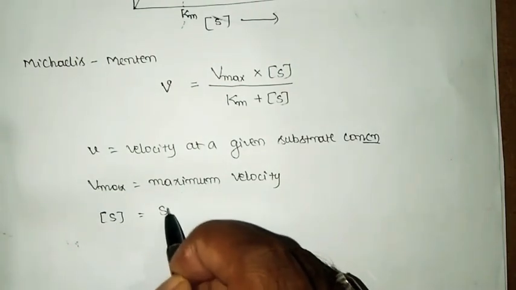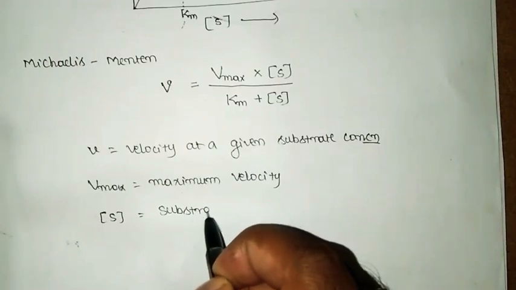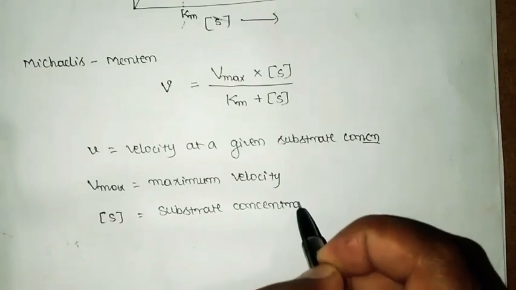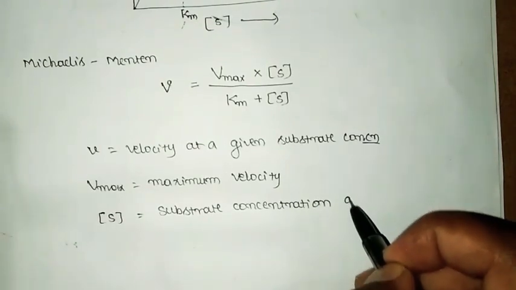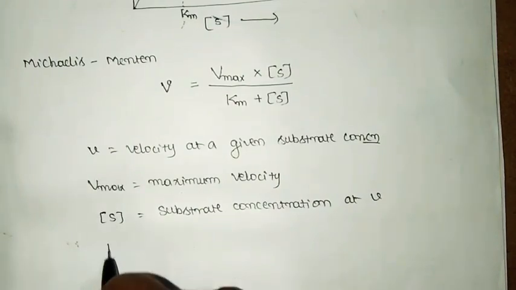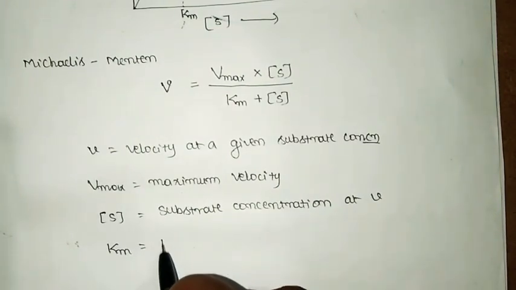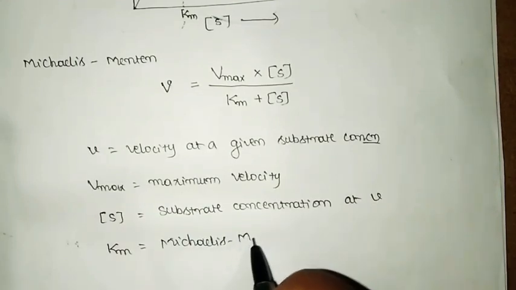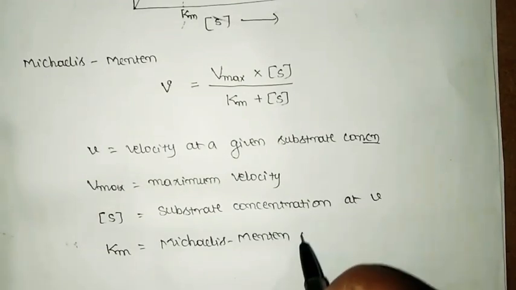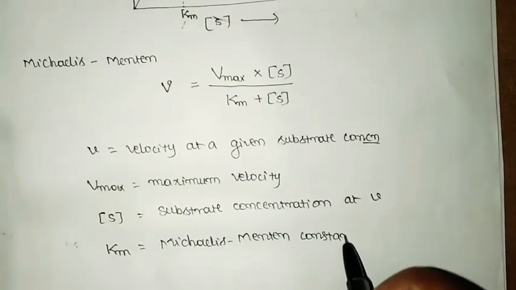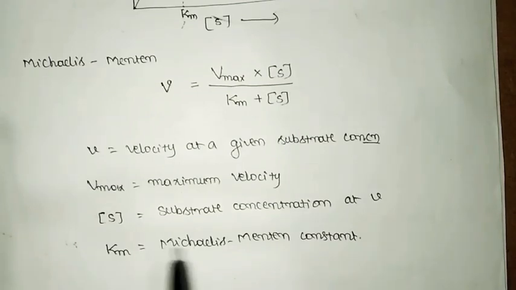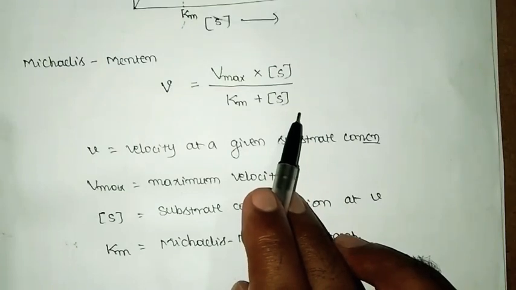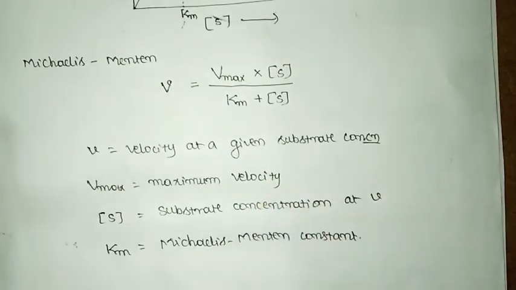S is the substrate concentration at velocity v, and Km is a constant called the Michaelis Menten constant. So by analyzing this Michaelis Menten equation, it is much easier to understand the unique active